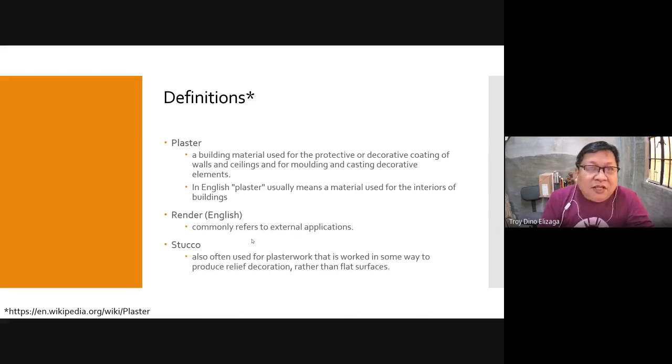Another term which is very common also, which you will definitely encounter, is stucco. It's also often used for plaster work that is worked in some way to produce relief decoration rather than flat surfaces. Although the stucco in the Philippines is usually just referred to as plaster. It's the same plaster, although some architects would use it because it sounds